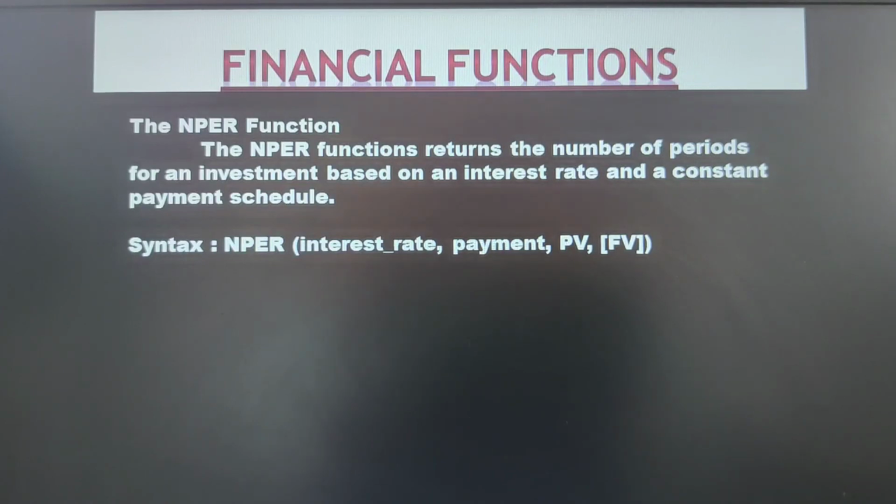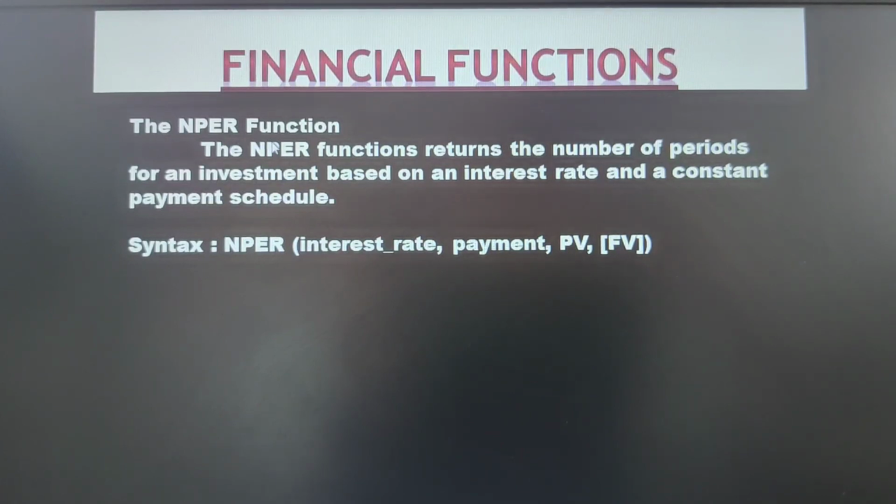Suppose you want around 5 lakh out of an investment, then you have to know how many months or how many years you need to make a payment to the bank with a constant amount. If you want 5 lakh rupees and you want to make a payment of 2,000 rupees, then how many years do you need to pay to attain the value of 5 lakh rupees. To calculate the number of periods, that means the time duration, for how many months or years you need to make a payment, we have to use a function known as